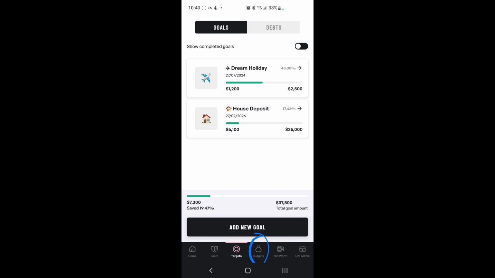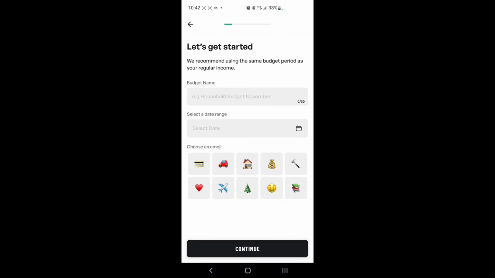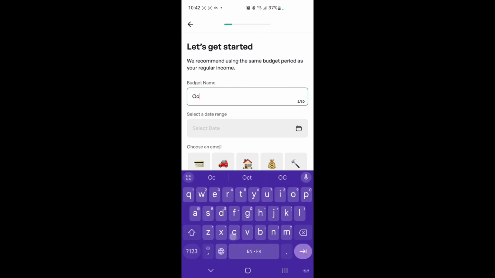Next, we're going to check out how we set up our budget in this app. To get to the budgeting section, we just click on budgets, and this is what the page looks like. As I mentioned before, there are certain sections of the app that are premium exclusive. The budgeting section is definitely one of them. So let's get started. We can put a name for our budget, and we choose a date range. So let's call this October